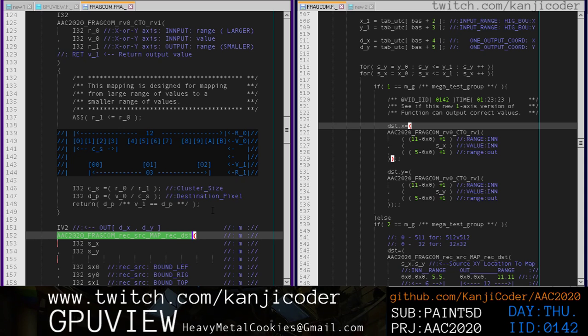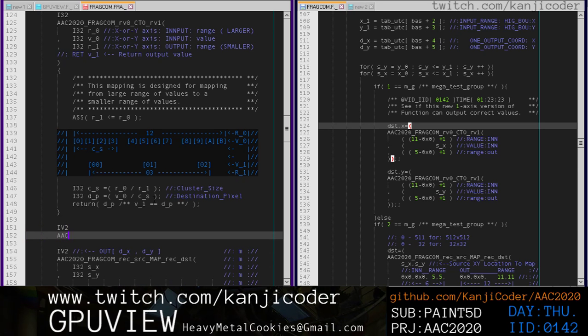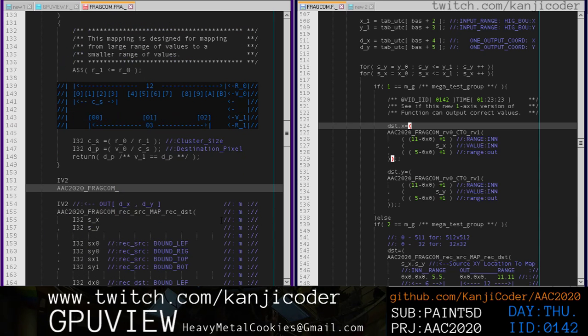But let's kind of assume that this logic only works for mapping from a larger area to smaller area. I don't know if it works the other way around, right? So let's say this is going to be like IVEC2 AAC 2020 fragcom, and